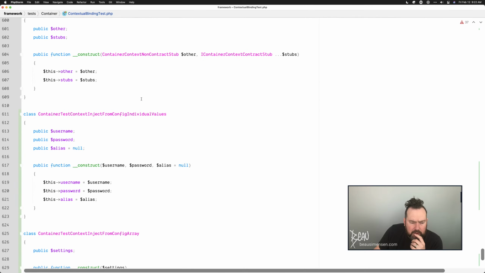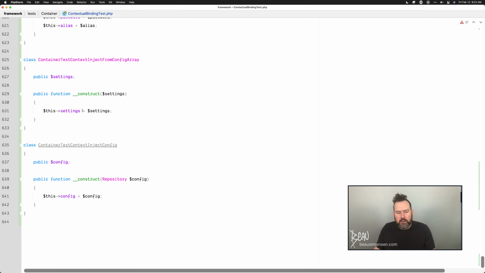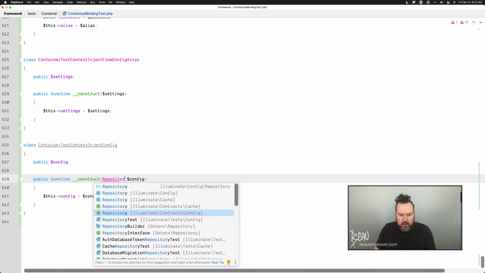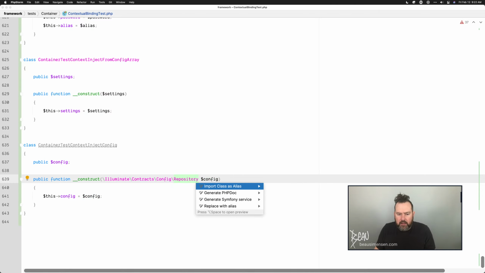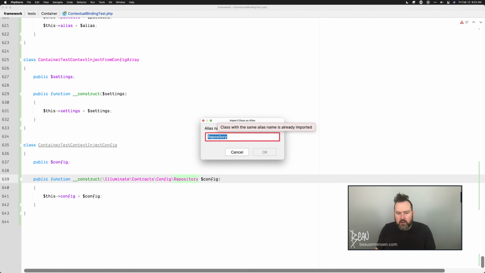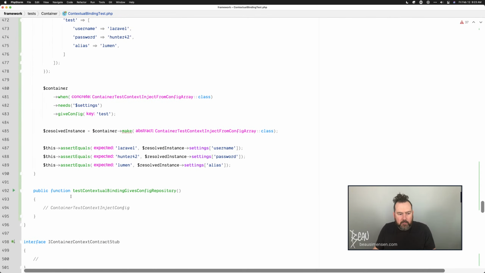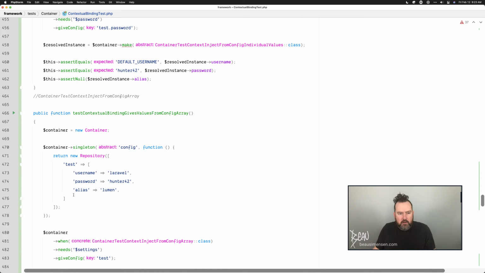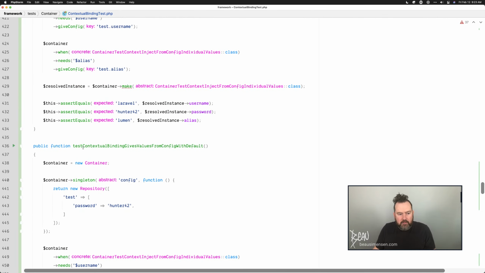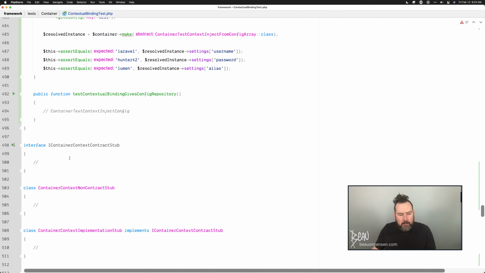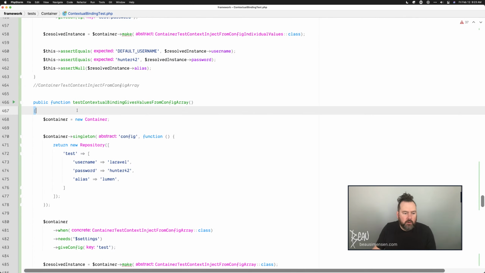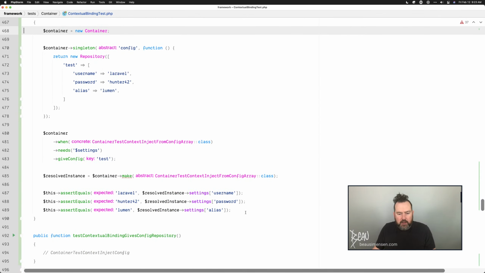And then down here we're going to do repository. Here we'll do the contract, and then we will alias it. Call it repository contract. Okay, cool. So now in our test, put a thing here. I'll use